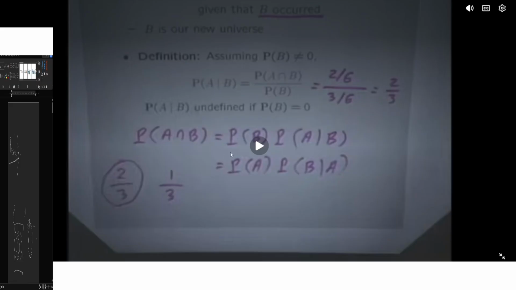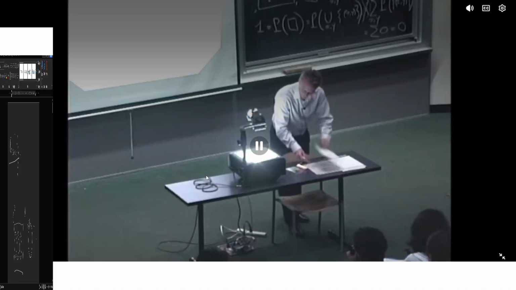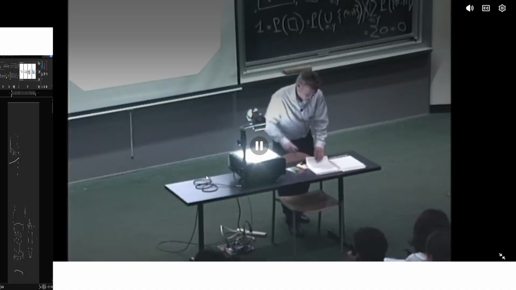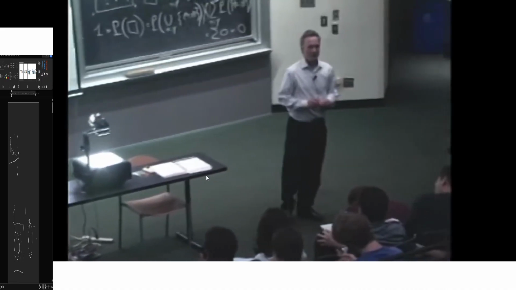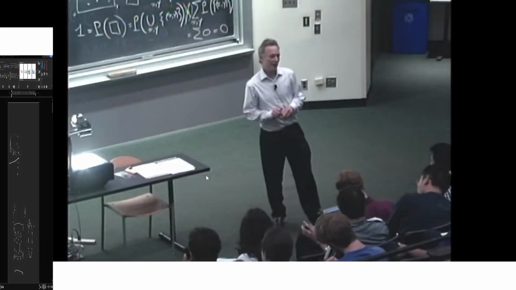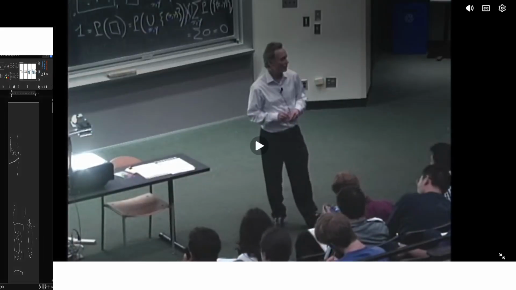So we use the probability of A given B and then B given A. Okay. So what do we use these conditional probabilities for? First, one comment. Conditional probabilities are just like ordinary probabilities. They are the new probabilities that apply in a new